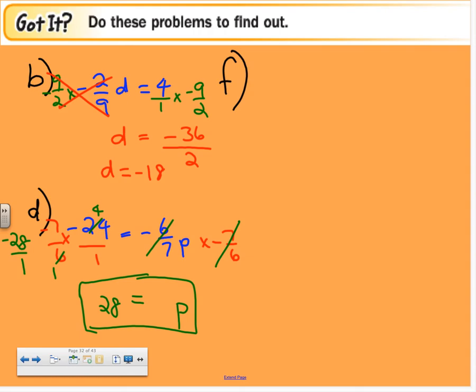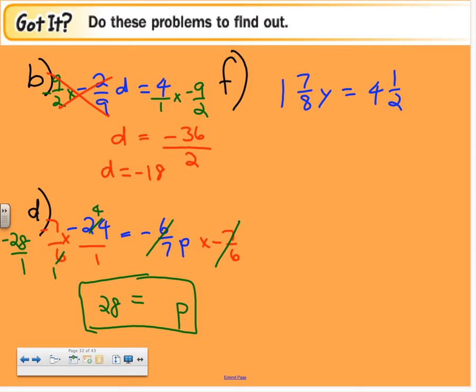F is 1 and, let me write that again. 1 and 7/8 times y equals 4.5. Okay, remember, the only difference is we've got mixed numbers as a coefficient instead of a fraction or an improper fraction. So we're going to change this